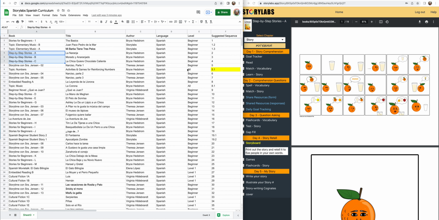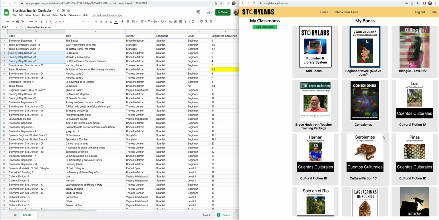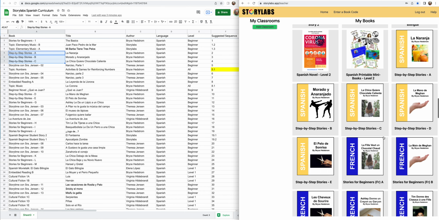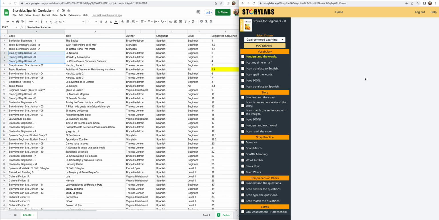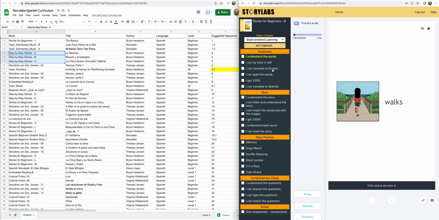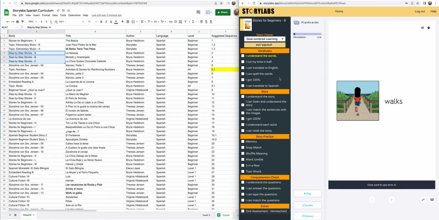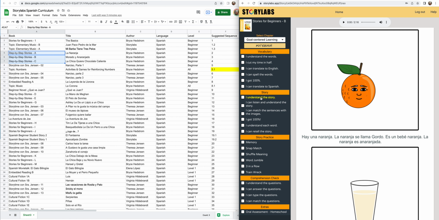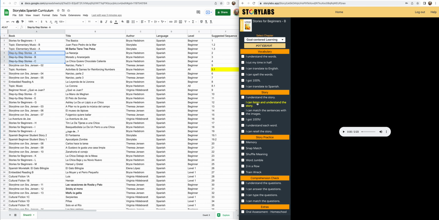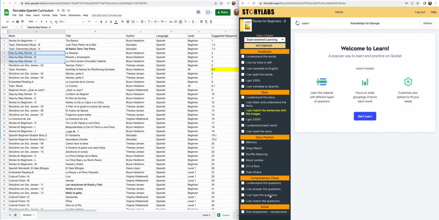Okay, so that's an introduction to the step-by-step stories. And just so you can see the difference between the step-by-step instruction and then the stories for beginners, this is focus on how you would actually teach it. First, you want to use the words. And then this was when we all went digital. So then you want to start with the story. And hey, yeah, I understand it. I can listen to it and match the images. And then finally,